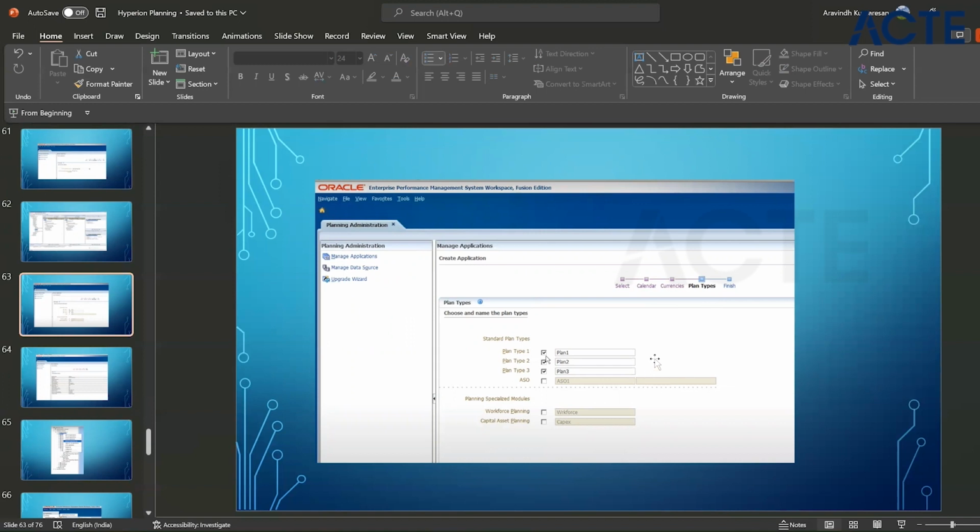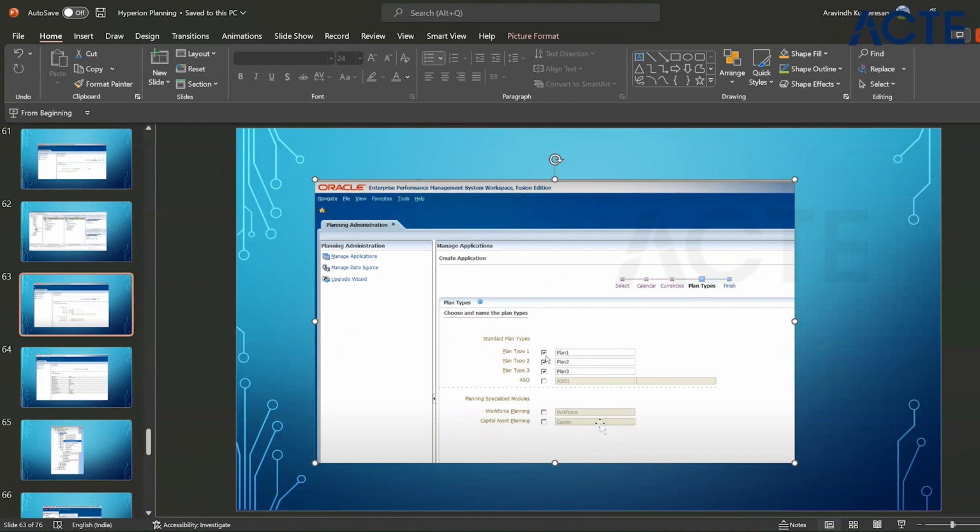Remember in Essbase we were able to create multiple databases in the same application. Similarly, in the planning application, we can create multiple plan types. Here, I have enabled 3 plan types, and if you are doing any reporting, we can enable ASO view. That will be used for the reporting, and you can also enable workforce,